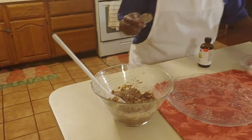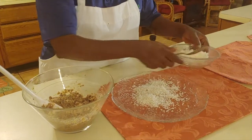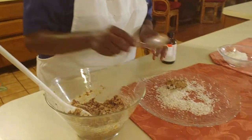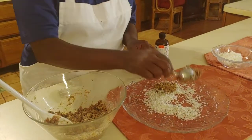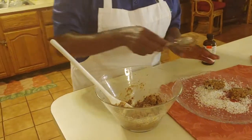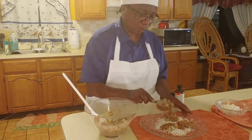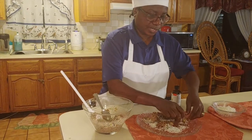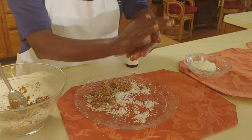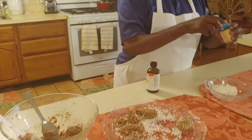We're going to take our coconut flakes, going to spread it on this plate here, because we're going to roll the lemon balls in the coconut flakes. So you're going to take one piece, then you roll it, and then you make it into balls. All right, and we put it to the edge of the plate. Then we can take our